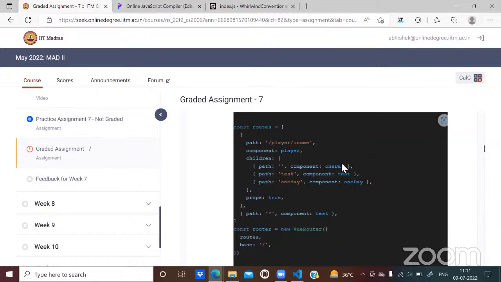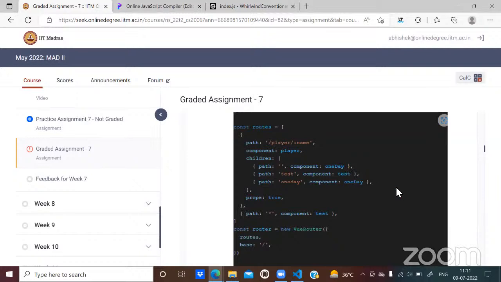Yes, these two are the same, but ideally you would not have these, because if there is nothing in the endpoint, you would want the user to be redirected to the one day component. If the endpoint is test, then you would want the user to be shown the test component. If the endpoint is one day, then you would want to show the user something different. Generally it should be different, but it's your choice. You can even keep everything same.